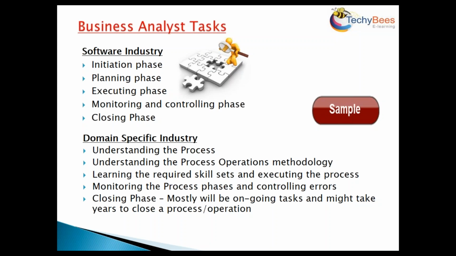To clearly differentiate a business analyst role within the software industry: it is to initiate the software development process by starting with requirement elicitation, or requirement gathering. Elicitation means requirement gathering, and then planning the system, analyzing the requirements that you get, executing the system analysis. Whatever has been planned, you create a design for it and you execute it. Execution means the actual implementation of the system from the various stages the requirement has gone through. Then comes monitoring and controlling the system that is developed and deployed, and the end of it is the closure of the project.